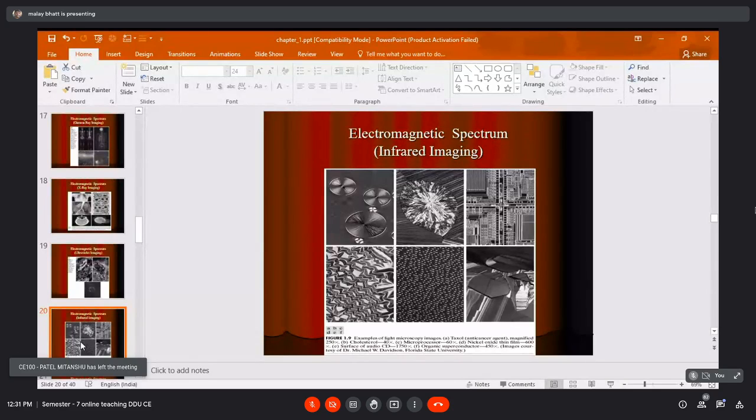You might have seen a microprocessor, very small chip in your computer, right? Which is of size not more than 2 centimeter by 2 centimeter. But if you zoom it up to 60x, you will see this kind of picture. The next one is nickel oxide thin film, which is zoomed to 600x level. Surface of audio CD or DVD, you can see in the next picture.